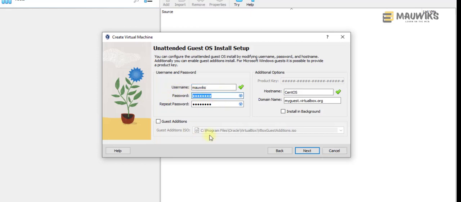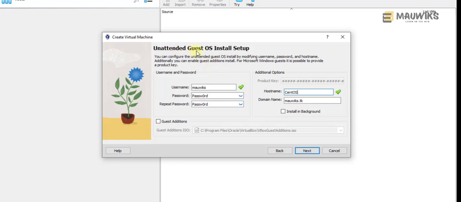modify this, you can see the password as you can see here. So I'll just probably use password to make it simpler. And this will be CentOS, and then this will be my domain. So you can use local, I believe, or if you want to connect it with a custom one, you can select this one and make sure this has no space. Like for example 7, this doesn't have a space. So once it's done,